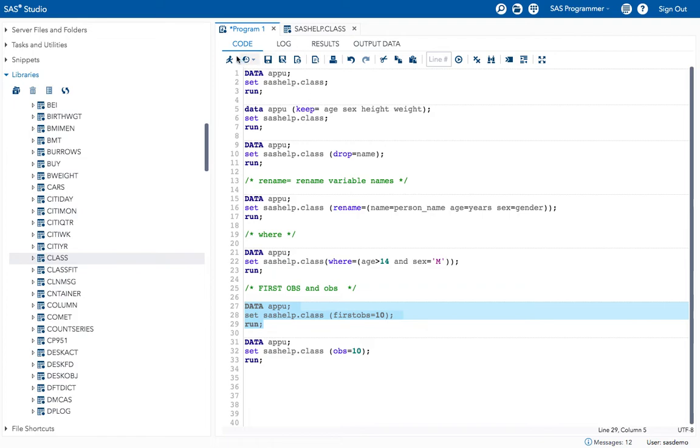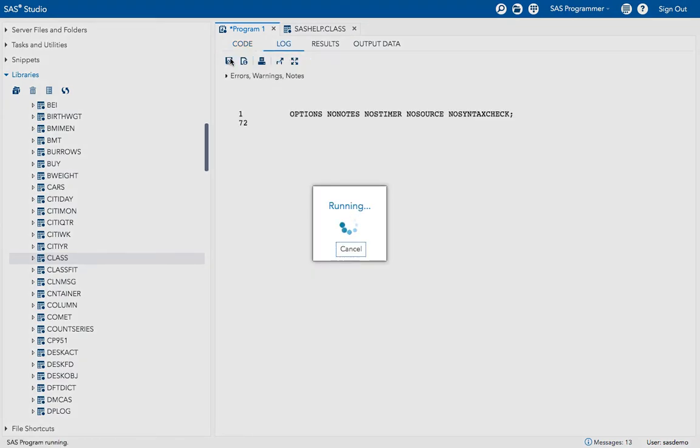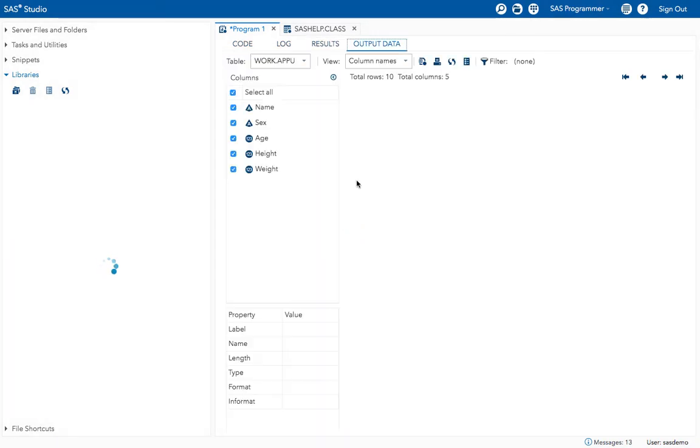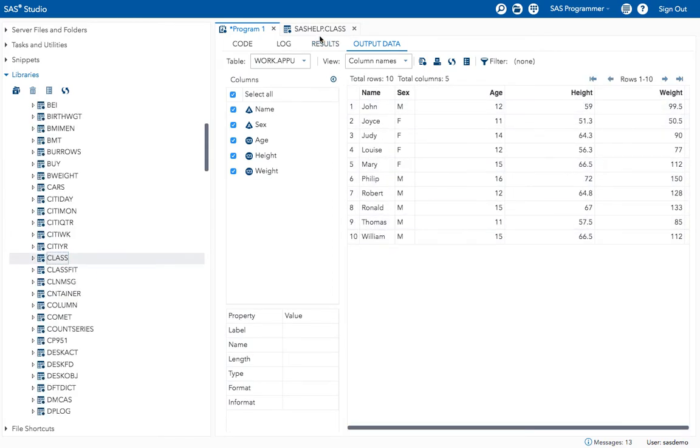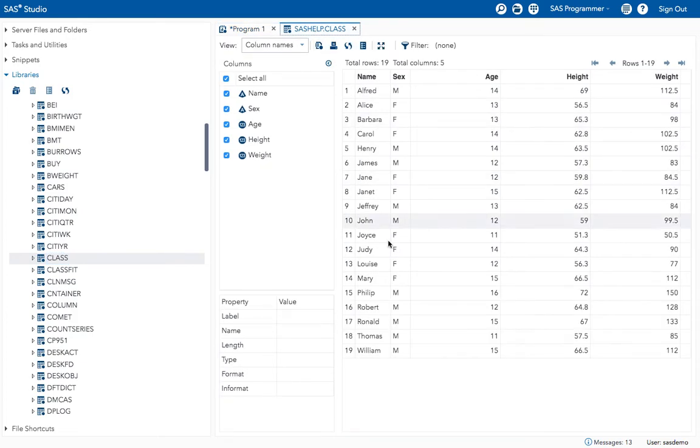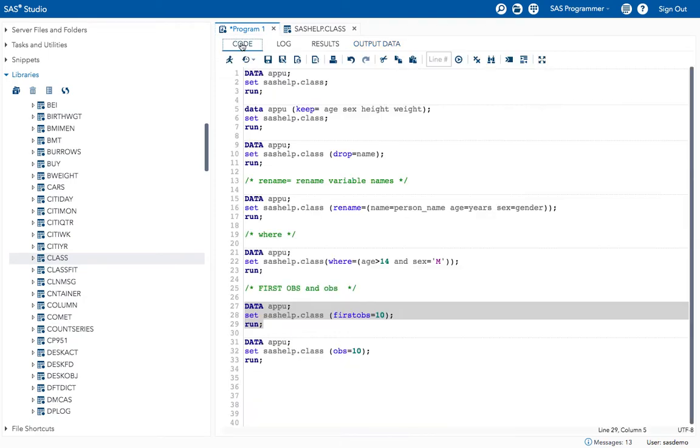See, now I'm running this. Now I got from John to William. What is the original data from the 10th observation? John to William I got. Is it clear? Yes, ma'am, clear.